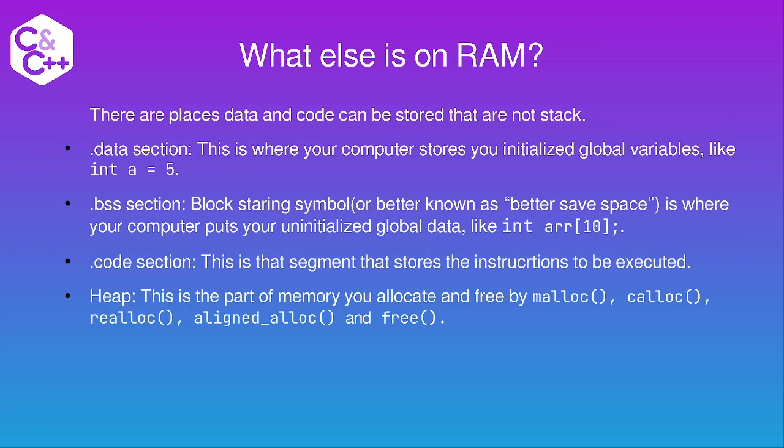And since we have mentioned the stack, let's talk about what else is in RAM. There are memory sections that we use when coding. The memory sections are where your code or data can live. There is the .data section, which is where your computer stores your initialized global variables. Like when you have a global variable named A, and you declare int A equals 5, that will go in the .data section. There's also the BSS section, which stands for block started by symbol, but I think it makes more sense to